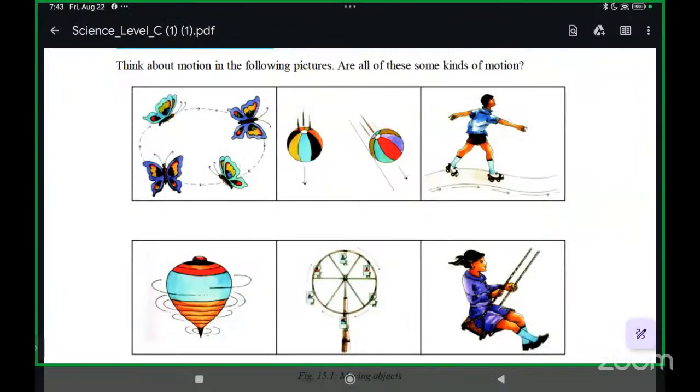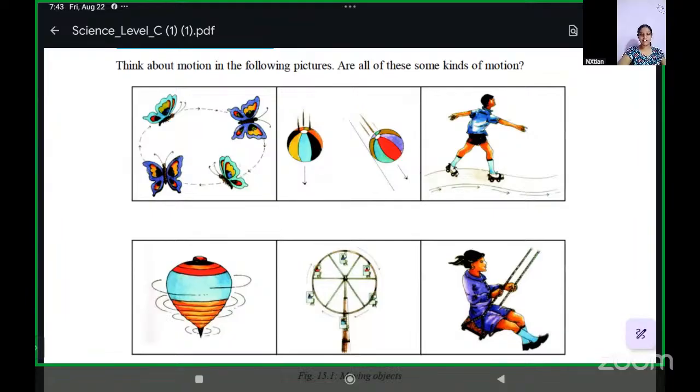Yesterday, what were the various types of motions that we studied? Yes, ma'am. We studied about